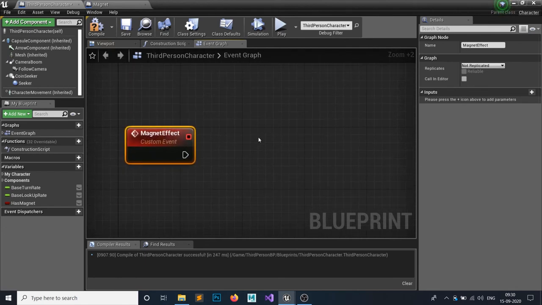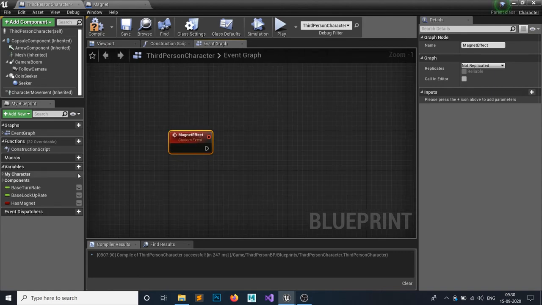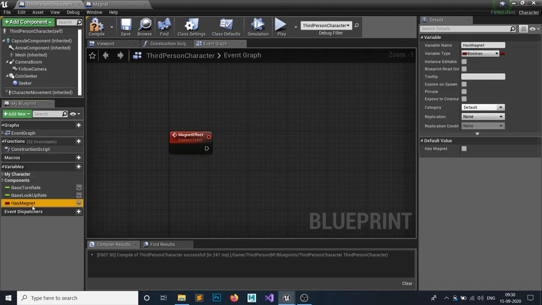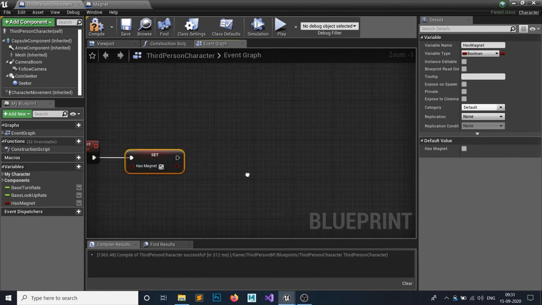And let's make a boolean called has magnet. So if a player has a magnet, whenever your magnet effect starts, we set has magnet to true.